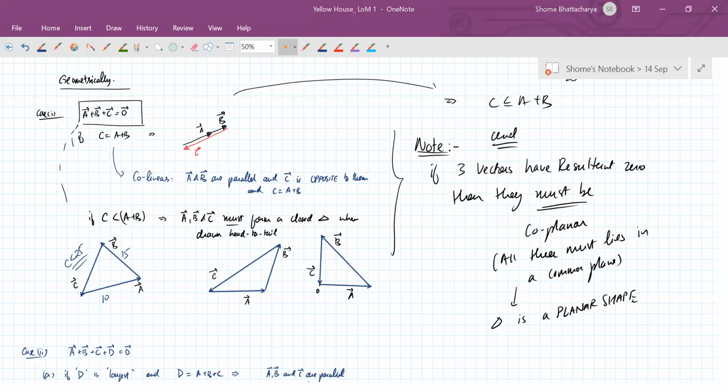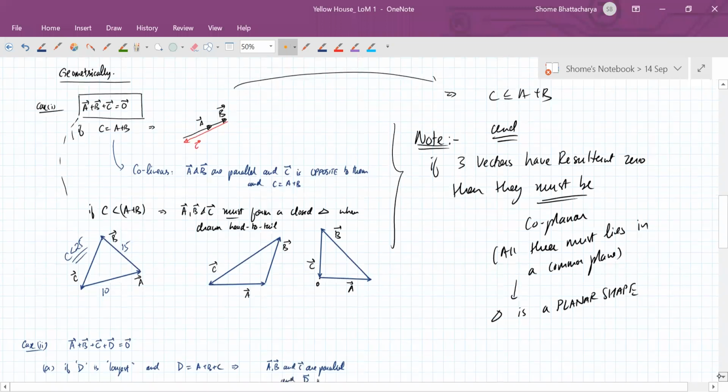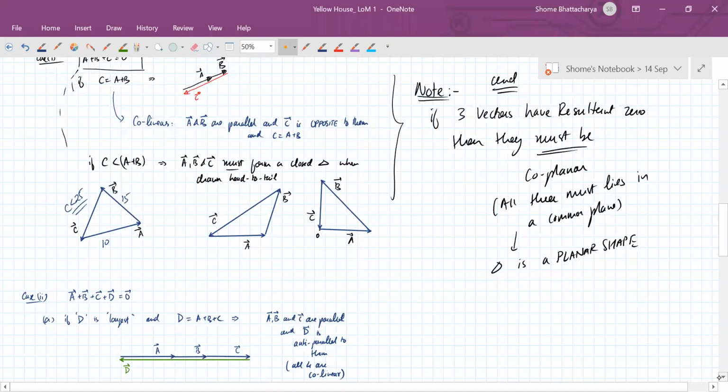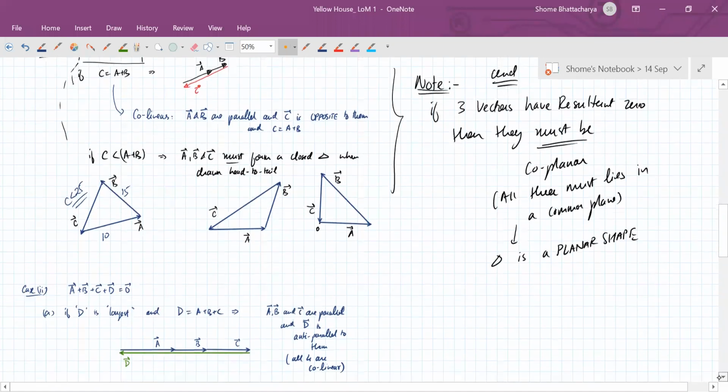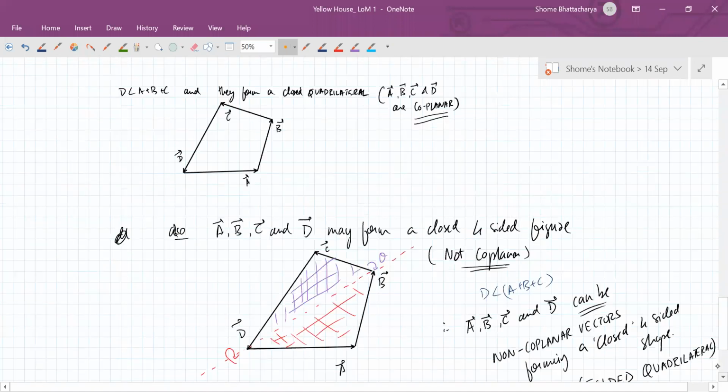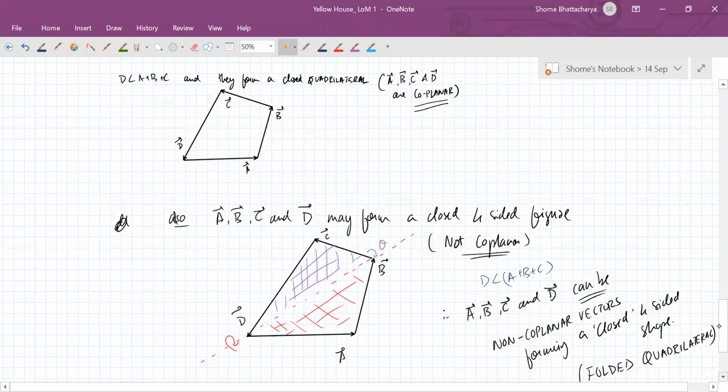But they can also, for example, form a general quadrilateral where none of the four sides are equal, no pairs are parallel to each other and all that. And also that quadrilateral need not be planar. It could be folded about one of the diagonals. So in that case, what is happening? It's not even a quadrilateral. The name of it is this. That it's a four-sided closed figure which is non-coplanar. So it's a quadrilateral folded about one of its diagonals. वो केस भी हो सकता है. Obviously rhombus, rectangle, square ये सब इसमें आते ही है because they are subset of quadrilaterals. You're following? So all those possibilities are there.